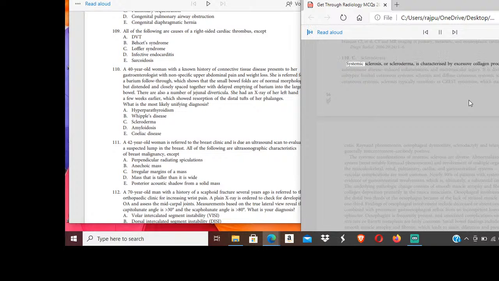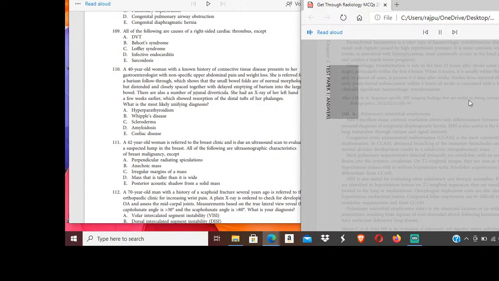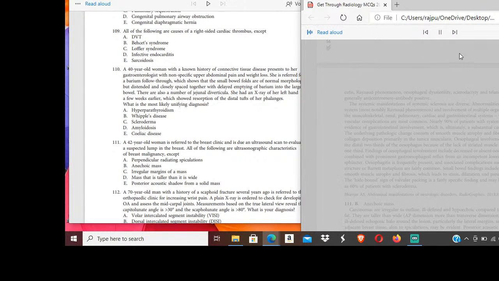110. C. Scleroderma. Systemic sclerosis, or scleroderma, is characterized by excessive collagen production, autoimmune disease-induced inflammation, and microvascular injury. It is divided into two subtypes, limited cutaneous systemic sclerosis and diffuse cutaneous systemic sclerosis. Limited cutaneous systemic sclerosis typically manifests as CREST syndrome, which stands for calcinosis, Raynaud phenomenon,